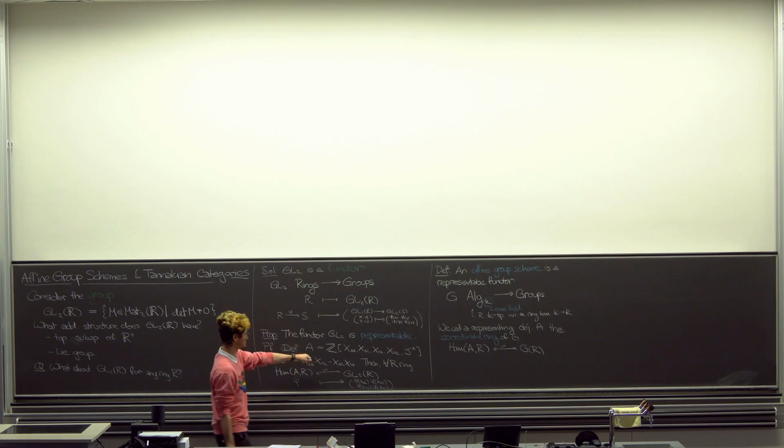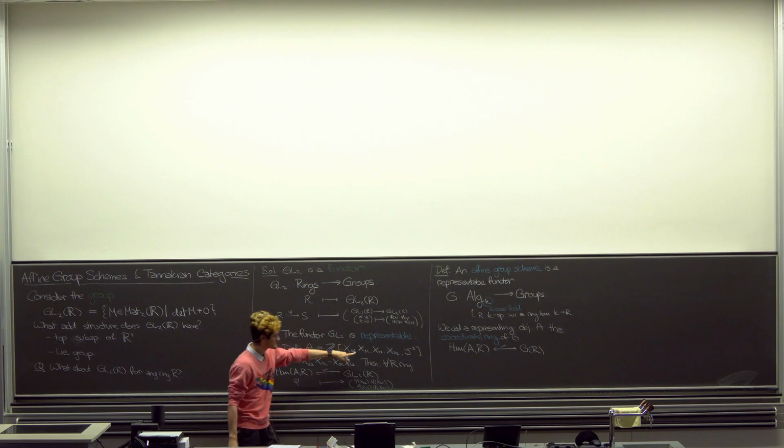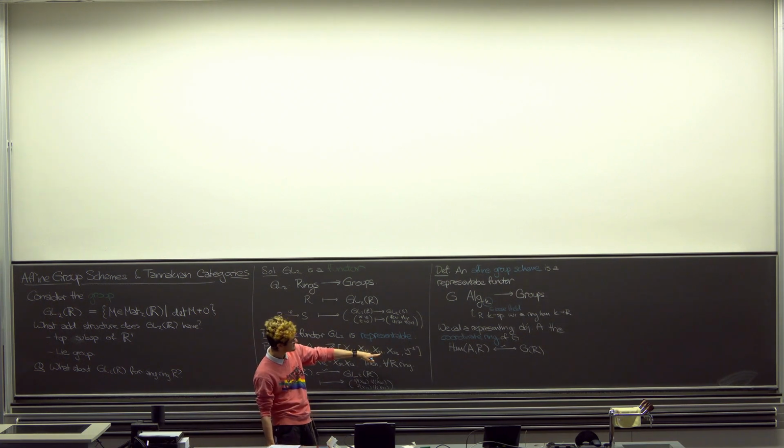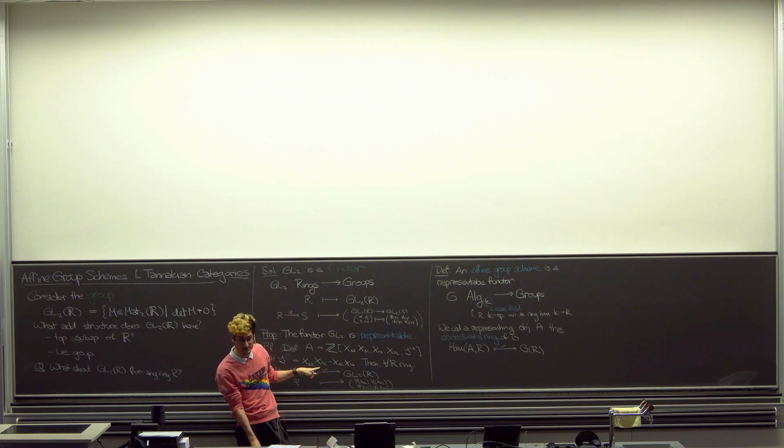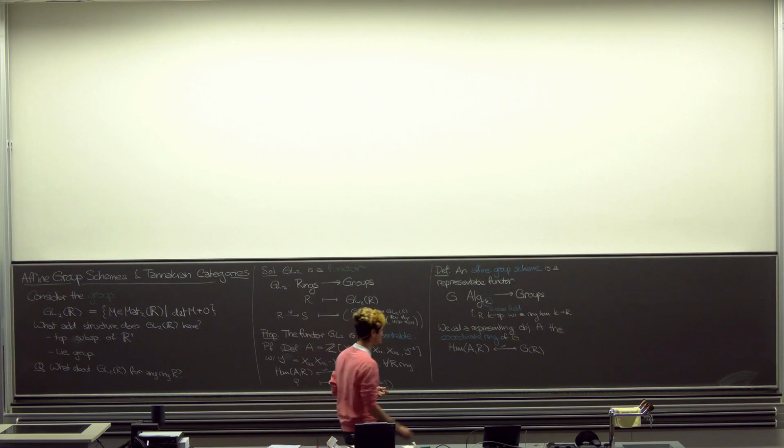In our case, this is our ring, and we kind of have some structure that we can recover from A when we're just looking at the functor. So I have my ring, and I see that I have those four components, and somehow the condition that a matrix here has to be invertible is kind of encoded into the fact that this element here, which is basically just the determinant, has to be invertible in this ring. So the natural question here is,